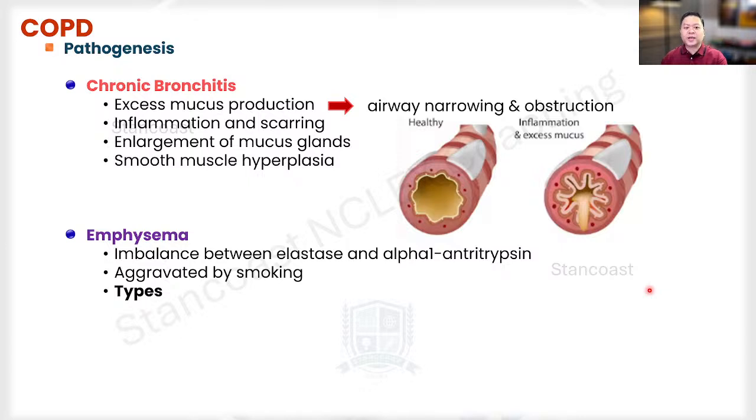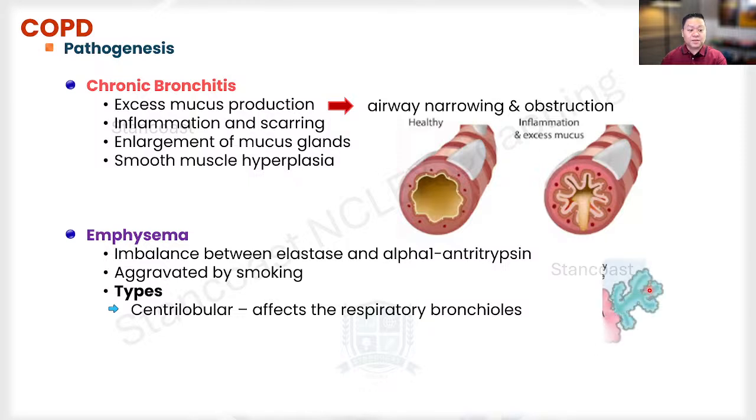Now, we're going to talk about the different types of emphysema, simply. We'll just simplify this, and so there are two types here. The first one is what we call the centrilobular emphysema. And this is the most common type, especially among smokers. What is affected here are the respiratory bronchioles, especially the proximal acini, while they are going to spare the distal acini, and it is typically seen in the upper lung zones.